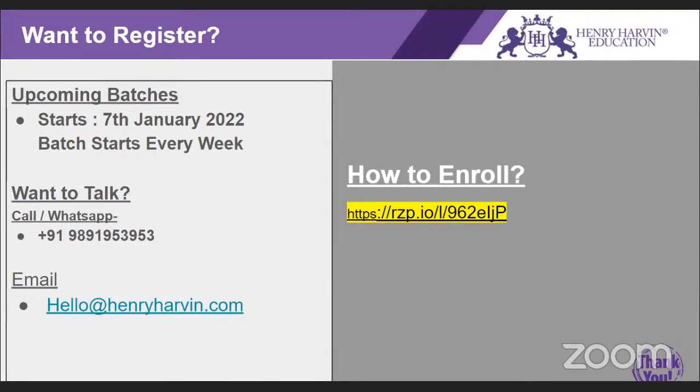And about the certificate, what is mentioned on the certificate, only Henry Harvin, or is there any tie-up with any institute? Yeah, it is a globally recognized certificate. You will have all the global accreditations on your certificate, not just the Henry Harvin name. It is IASSC certified, right? So this certificate will have global recognition. It's not that you will only be able to use it in India. And fortunately, a Six Sigma certificate has no end date. So it's forever, right? You don't need to renew the certification.